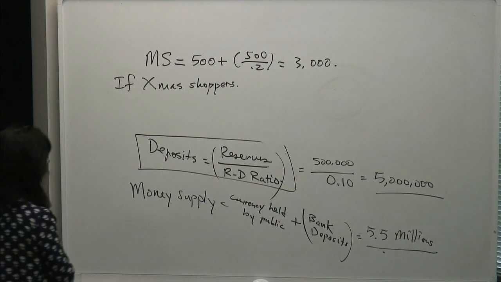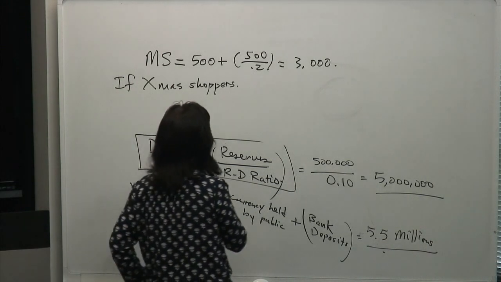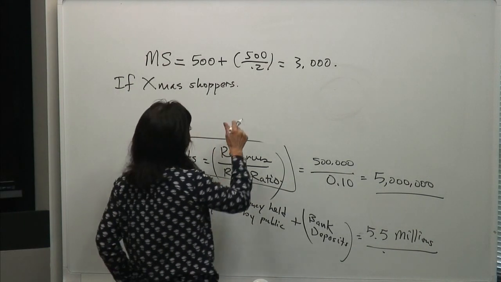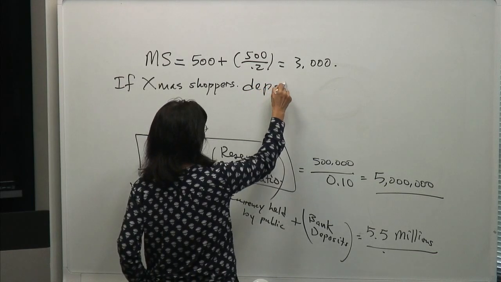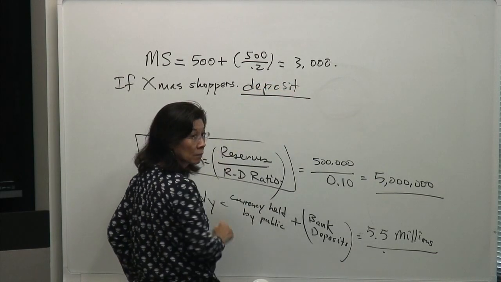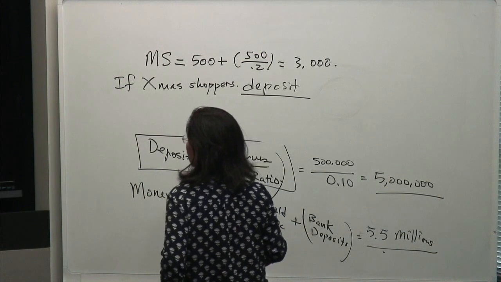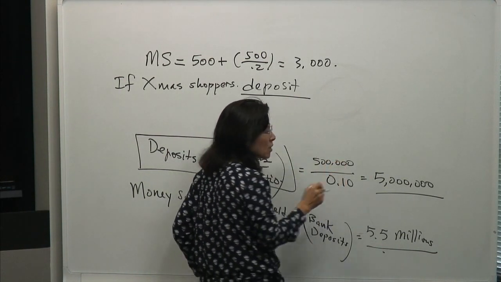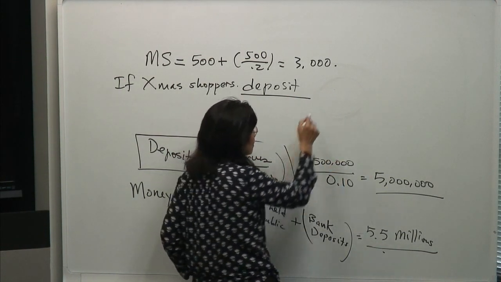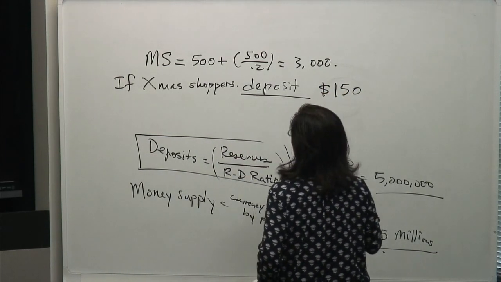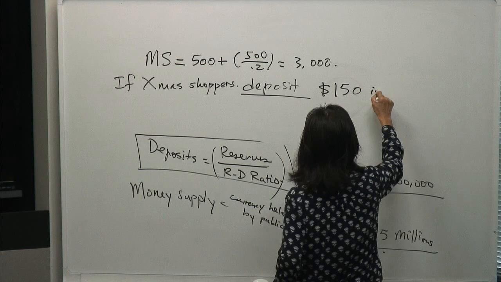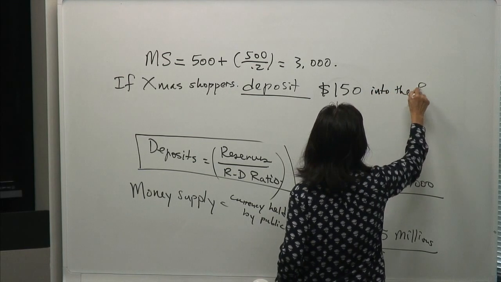I'm going to go to the ATM machine. I'm going to save actually, so I'm going to help by deposit. Not just 100, 150. If Christmas shopper deposits 150 into the bank,